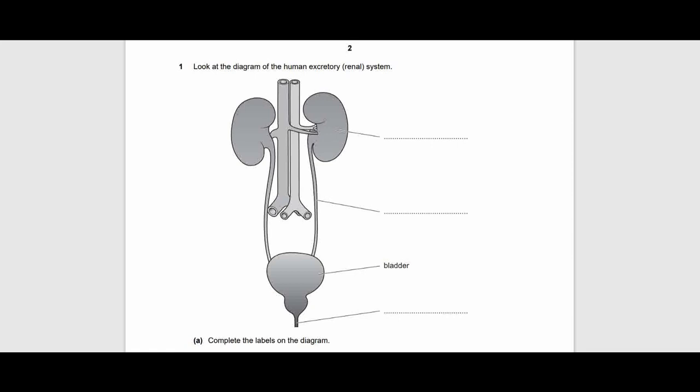Next is question 4, question 5A, and question 5B,